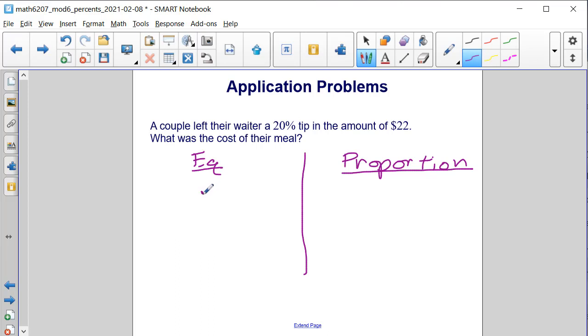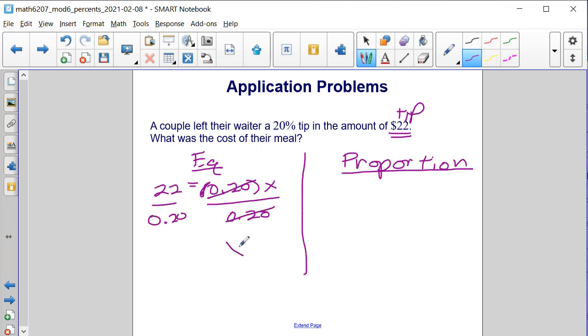Well, 20% can be written as 0.20, in the amount of $22. That means that is the tip. So that's the part. What was the cost of their meal? That's 20% of the cost of their meal. So then we could divide both sides by 0.20. So we would have 22 over 0.2,